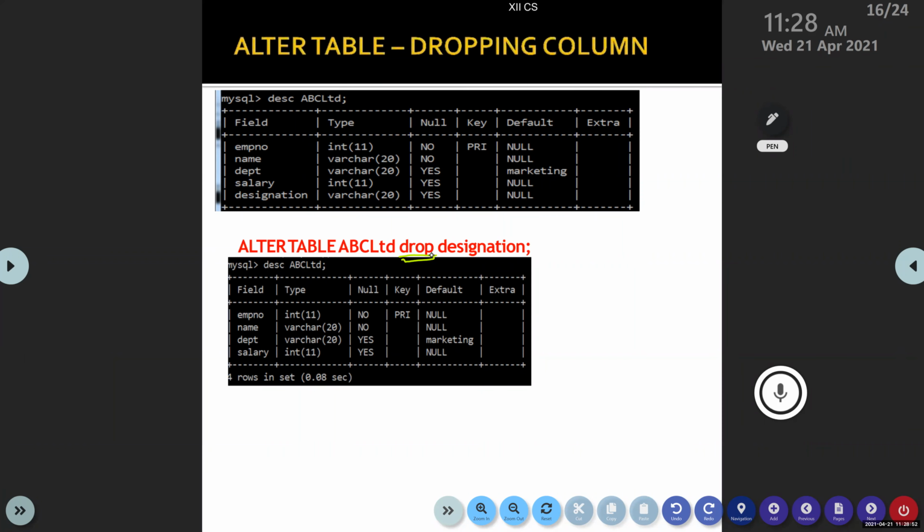Ashwin, suppose you need to delete DEPT. How to write the query?